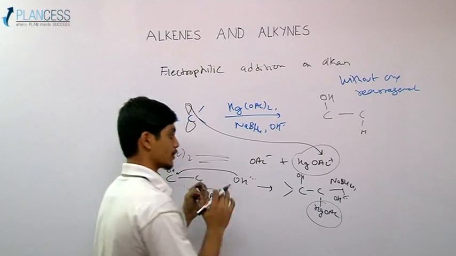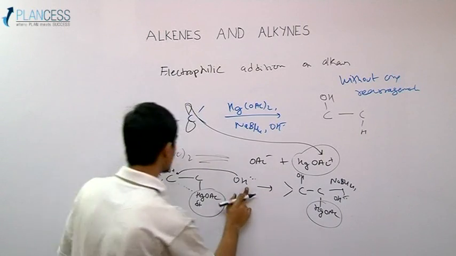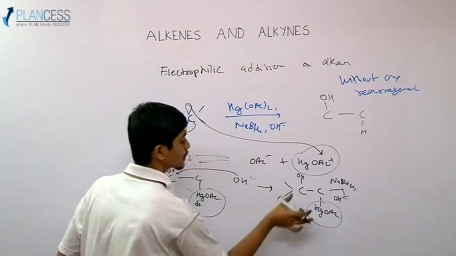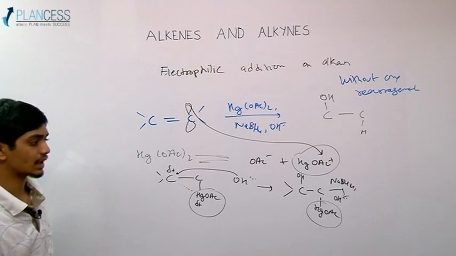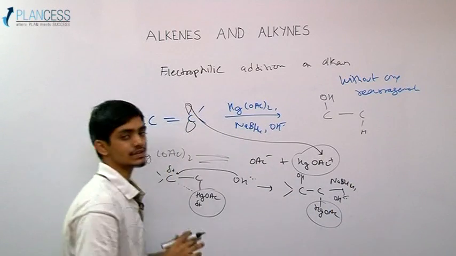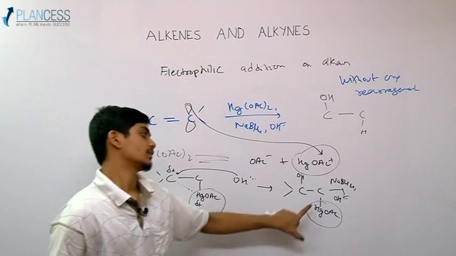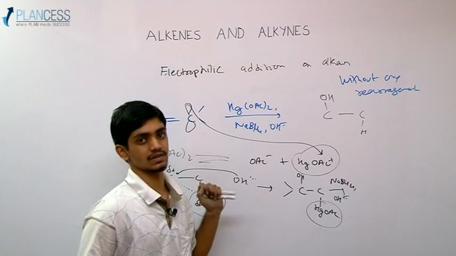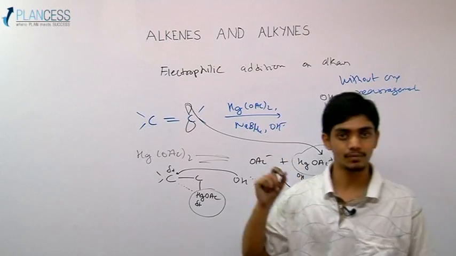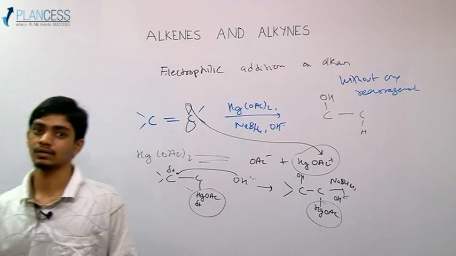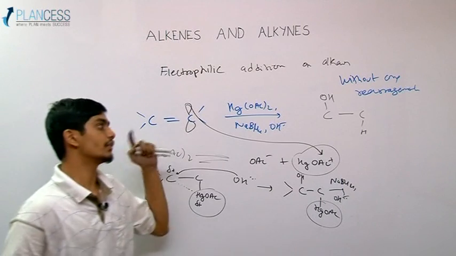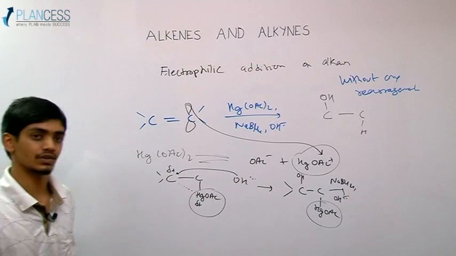stereospecific product. Although over here the OH is attacking anti to the HgOAc, so what you will expect is the hydrogen also coming to be anti to the alcohol. But the point is, after this the whole stereochemistry is scrambled and we get both syn and anti additions. Are you following it? If you are not, then please rewind it, because this is the most important part in this reaction, that why we do not get a particular stereochemistry in the case of HgOAc, that is the oxymercuration demercuration